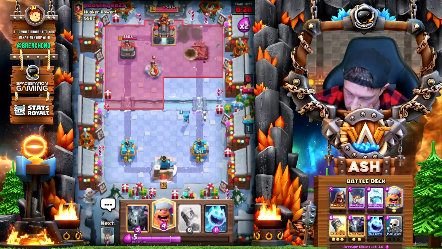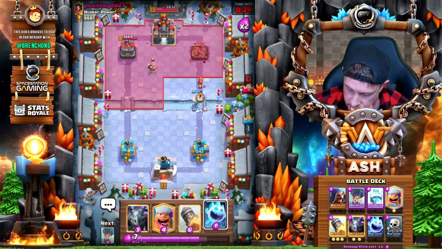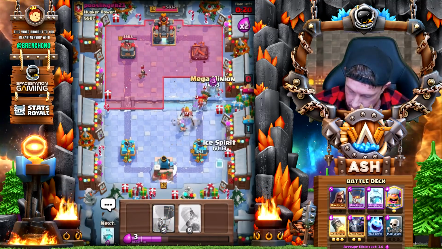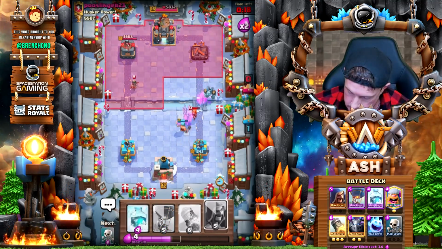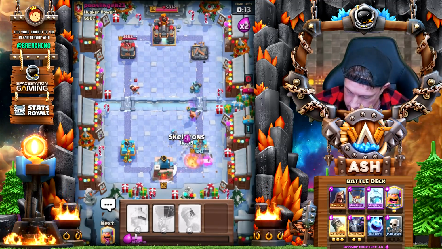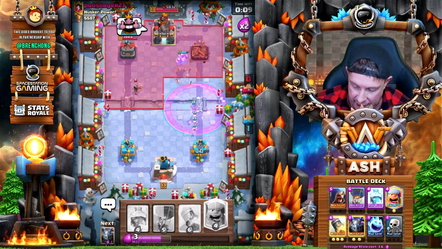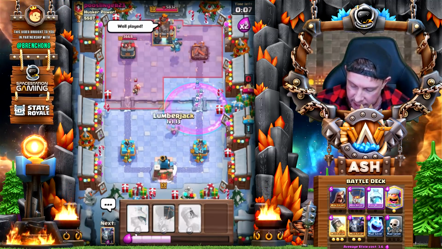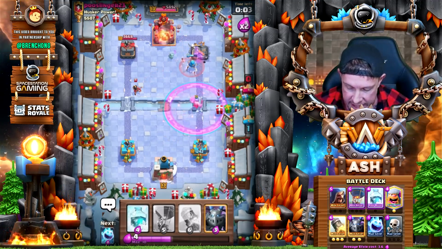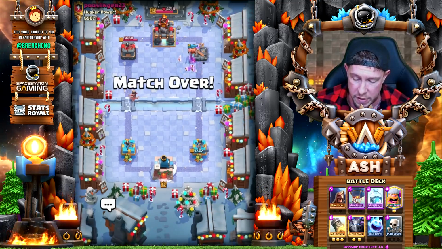Okay. Things are looking really good all of a sudden. You saw how we sent in that naked Balloon? The whole reason behind that naked Balloon wasn't to actually get damage. It was to get that Inferno Tower out of his hand. We did that, and that's really how you need to tackle matchups with a